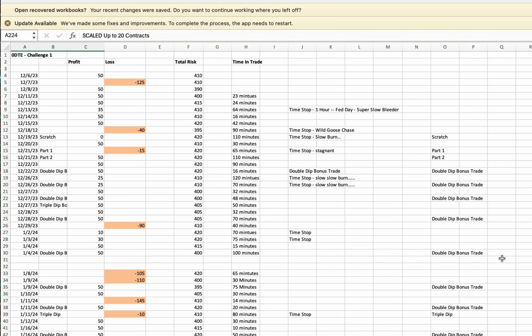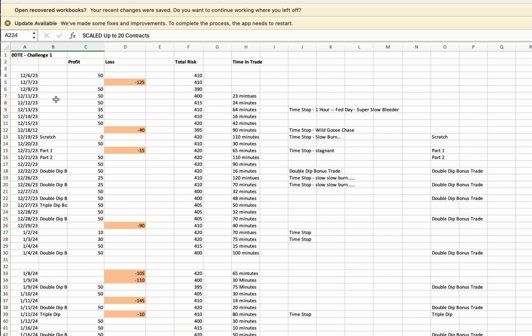Alright, here it is, Wednesday, hump day, and this is the Zero DTE project update. If you've been following along with me on my trades, I've been doing a Zero DTE strategy that I've placed almost every single trading day since I started on December 6th, 2023. So it's been just under 3.5 months.